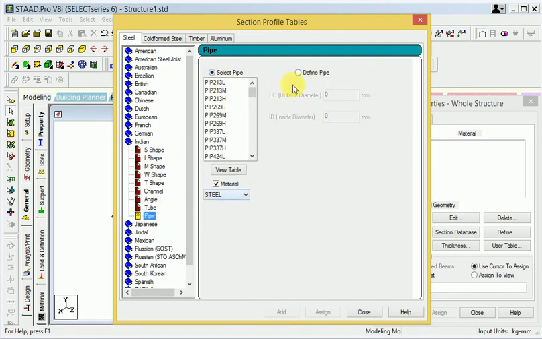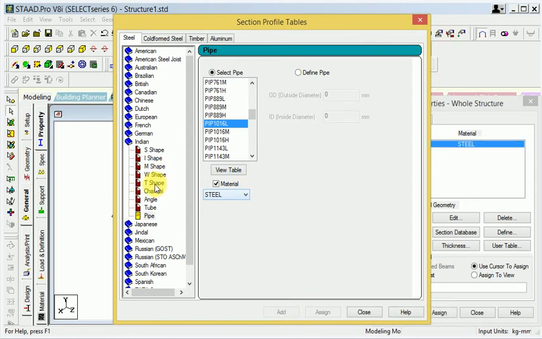The pipe is available in different diameters. If you want user defined, we can get the particular here, but otherwise you select this, okay. So I take 100 dia and apply.